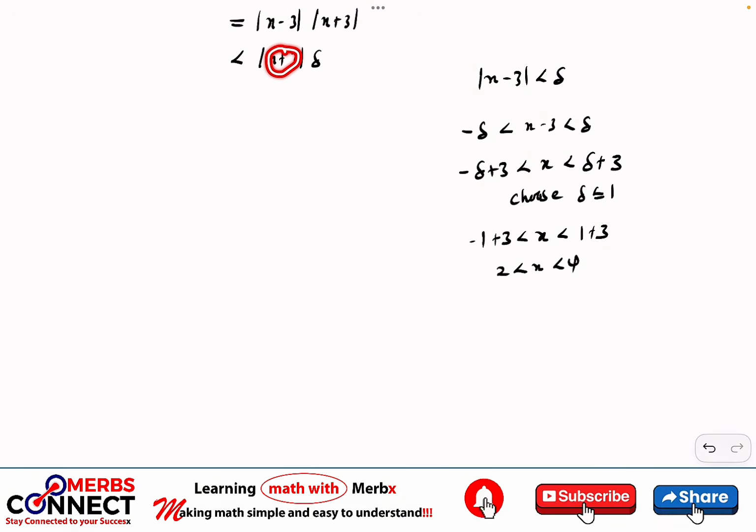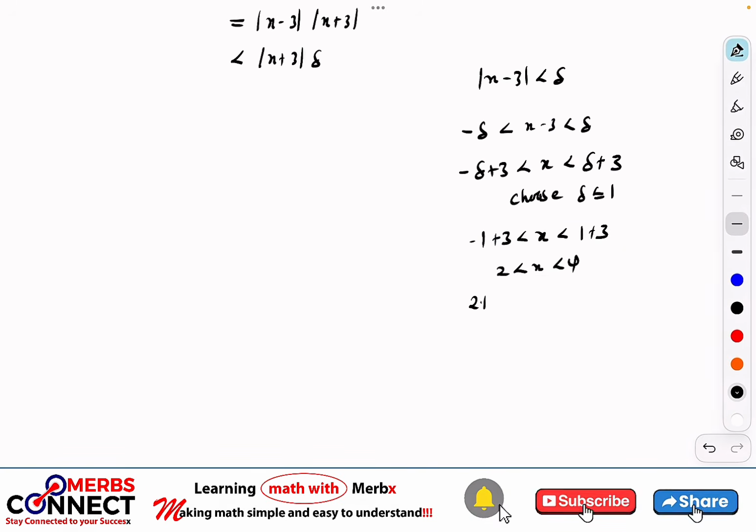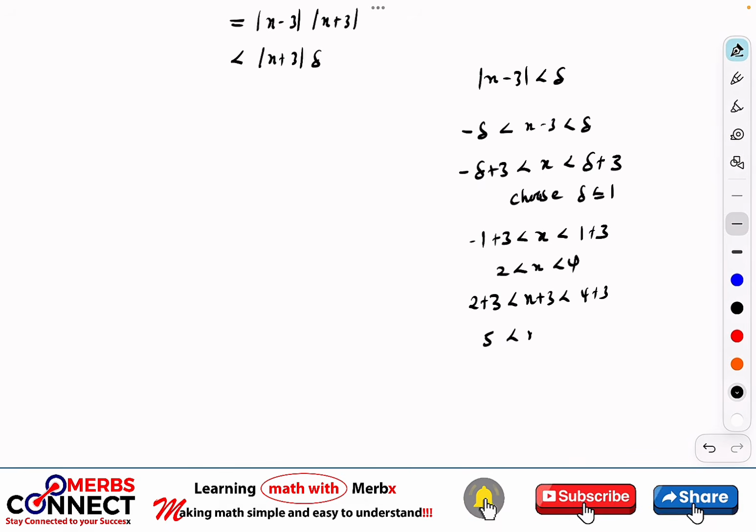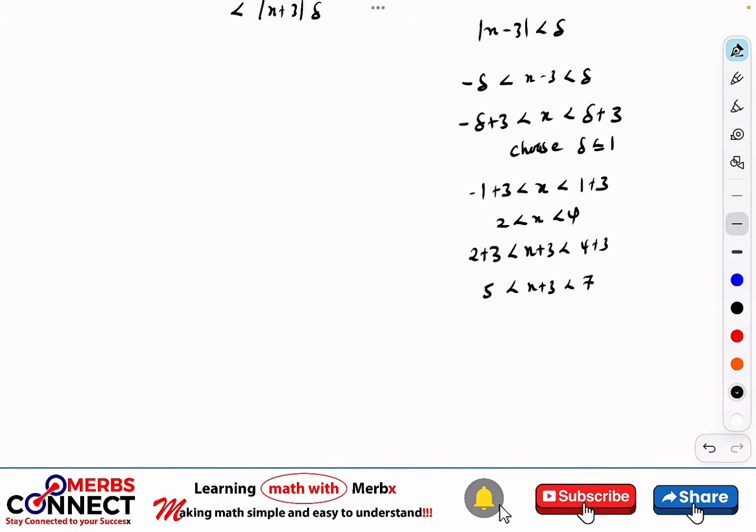Because I have x plus 3, I'm going to add 3 through. So I'm going to have 2 plus 3, x plus 3, 4 plus 3, right? I want to add plus 3 so that I have what is here. So this is going to be 5 less than x plus 3 less than 7. And this is the same as x plus 3 belonging to 5